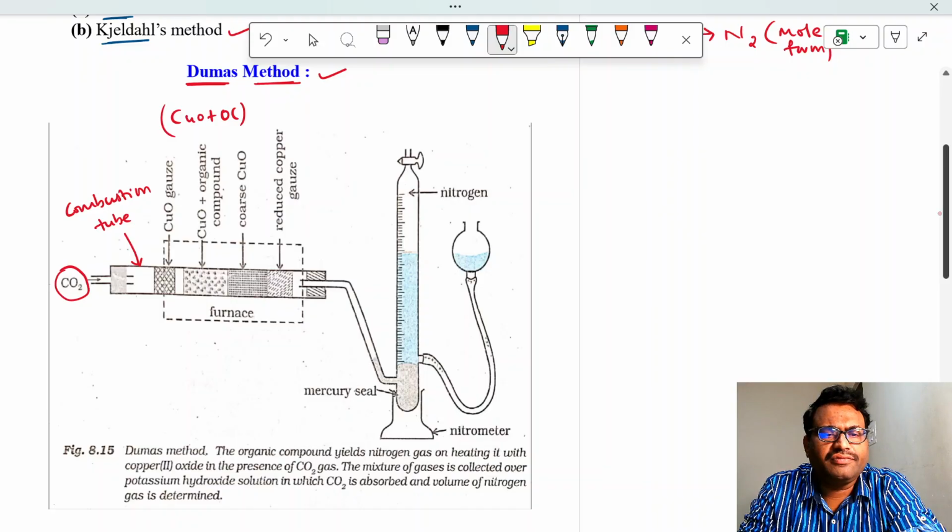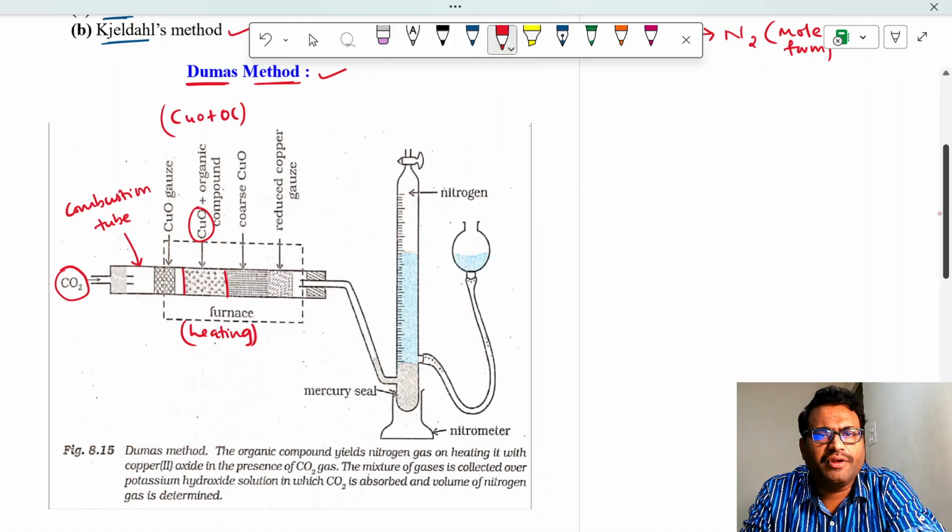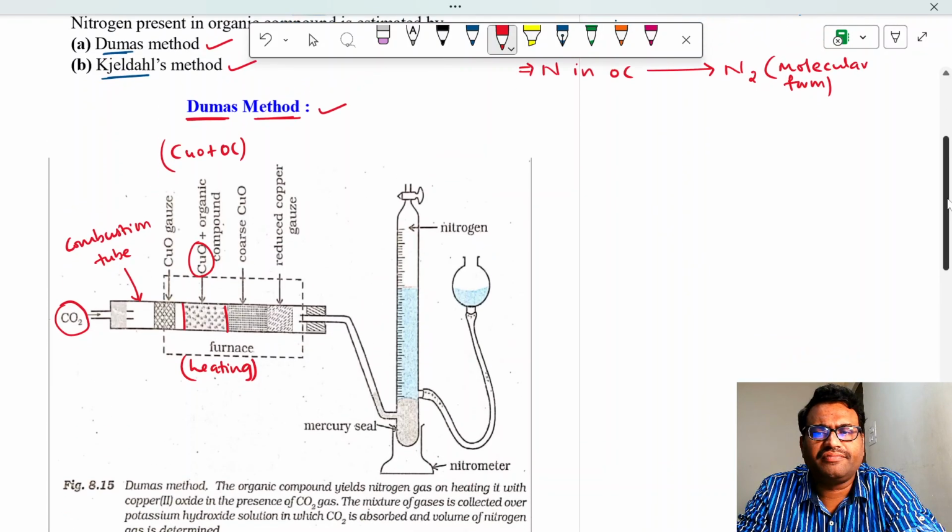Here, let us see this part. In this part, copper oxide is present and organic compound is present. And this is the furnace. Furnace means where you are heating. You are heating this cupric oxide and organic compound combinedly. So when you heat it, what happens, in the presence of